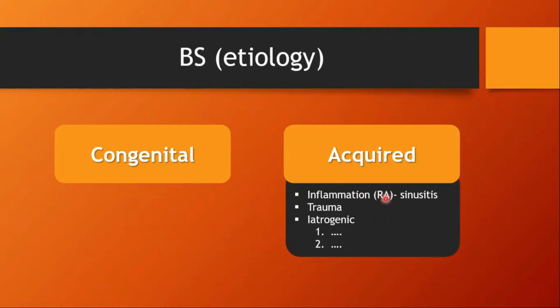So here I wrote in inflammation, rheumatoid arthritis. In my medicine viva station, one of the questions was about the ocular manifestations of rheumatoid arthritis. And when I said acquired Brown syndrome, the examiner was so satisfied, so happy about my answer, and he forgot about other mistakes. I believe he gave me the passing mark because of this answer. And again, sinusitis could affect the area of the trochlea and cause acquired Brown syndrome.